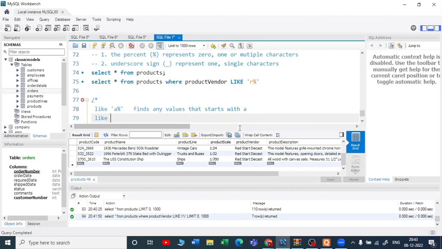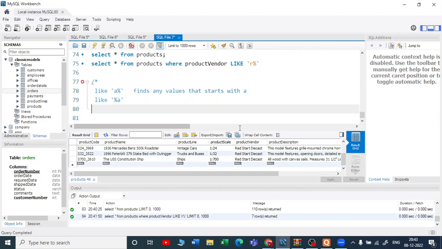If I write LIKE and give '%a', with the percent before a, this will find any value that